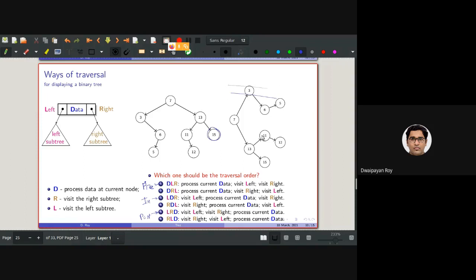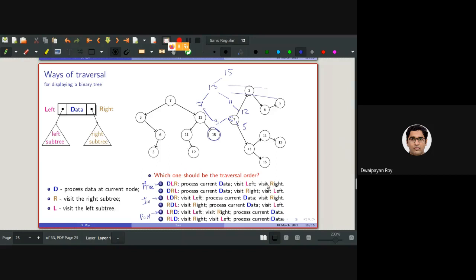Forget it. So let's just consider this. The tree I have already written here, so let's draw it here: 15, then 13, 11, then 12, and then 7, then 3, then 6, then 5. I hope you can understand this.